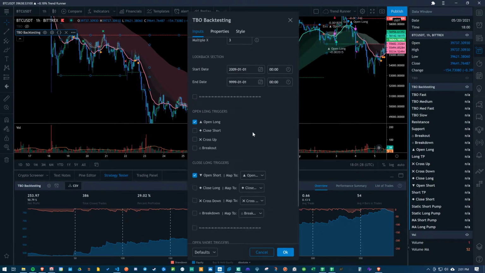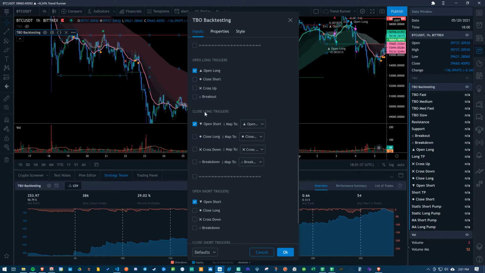And the way that works here is there's a mapping, and you can see here we're open long, so we're going to enter a long position, and then we're going to close our long position with these down here. And then you think of this like, okay, I want to close my long position. What signal do I want to close it with? I want to close it with the open short, because that's saying, okay, it's an open short position. And to actually map this to your open long position, then I need to specify,